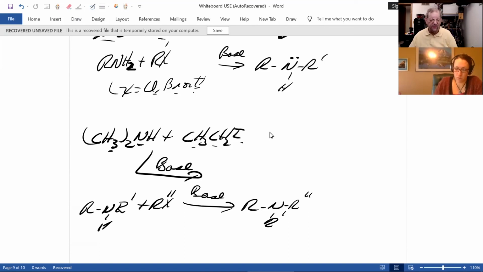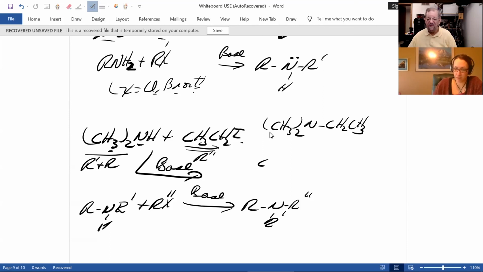Notice there's no hydrogens because in this molecule, 3 bonds to nitrogen, it has it, therefore it doesn't need any hydrogens. What's R and R prime? Methyl. What's R double prime? Ethyl. And therefore, I can write it 2 ways. Like this, or which most of you probably would do, which is also perfectly correct. Like that.